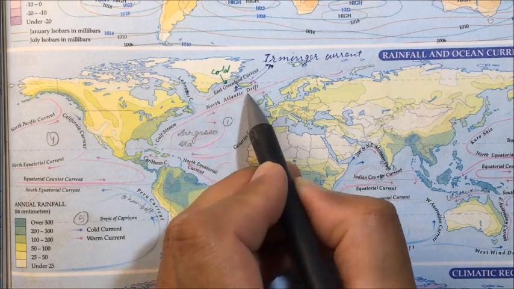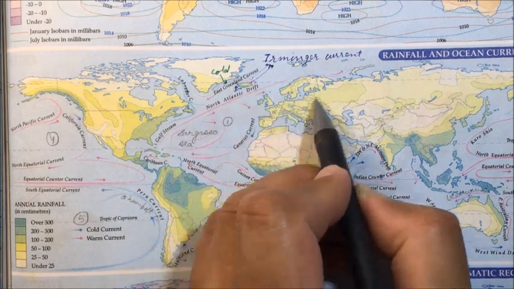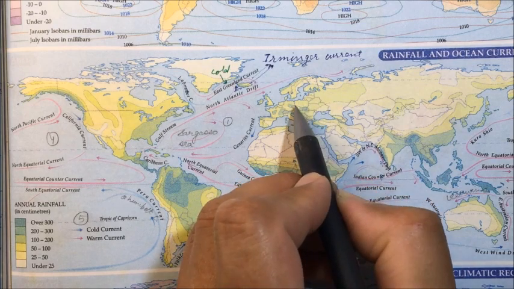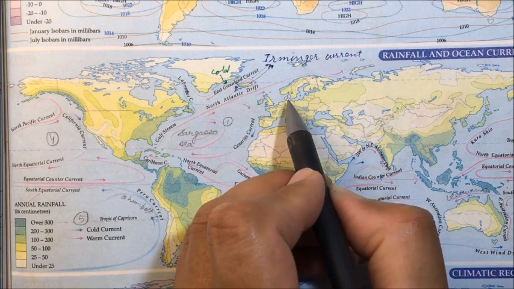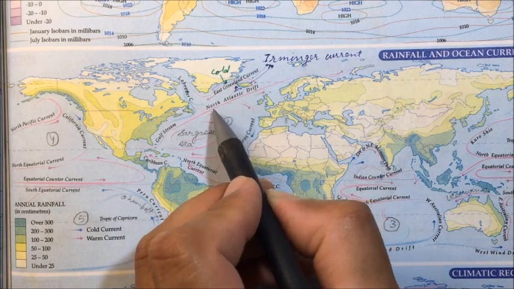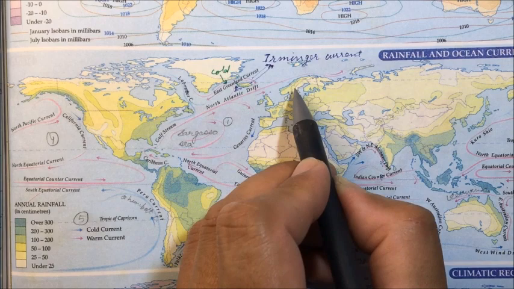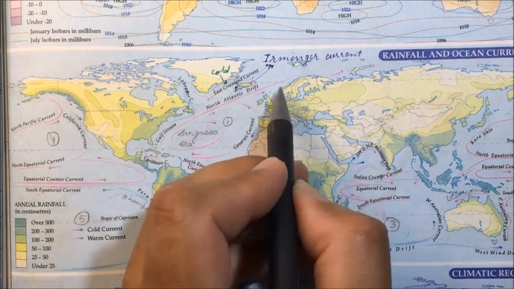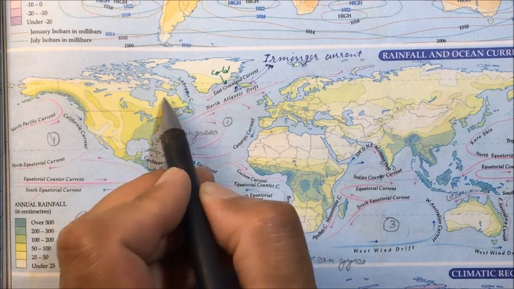It is a warm current, therefore it moderates the climate of Western Europe, so that the winters here are less cold as compared to the winters when there would have been no Atlantic Drift. Thus, the North Atlantic Drift is the reason due to which the winters here are less severe as compared to the same latitude in Canada.